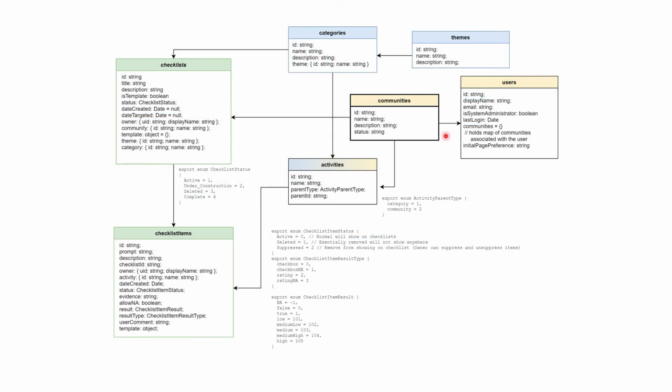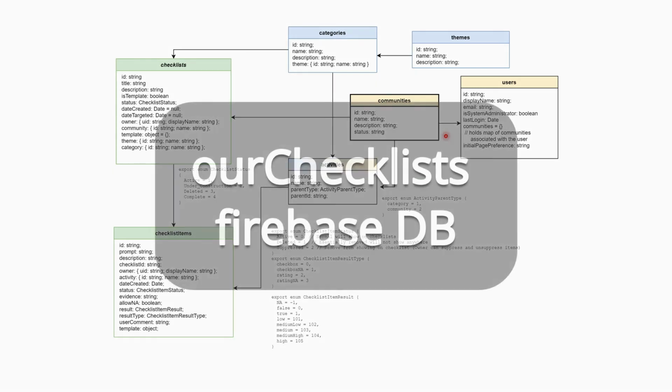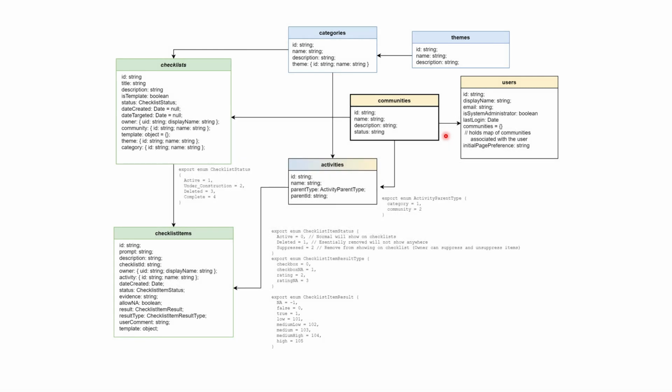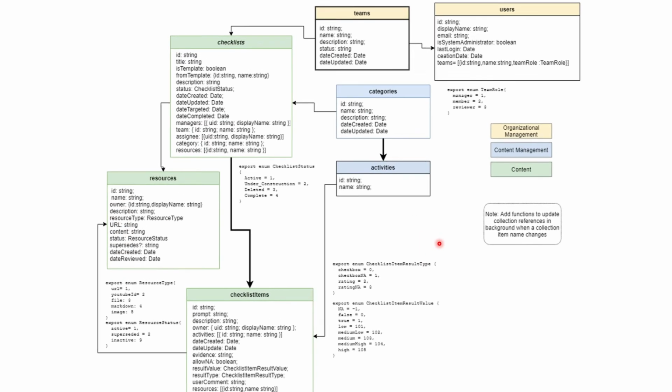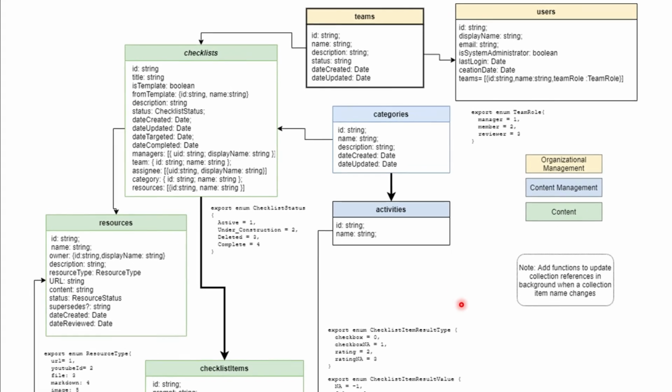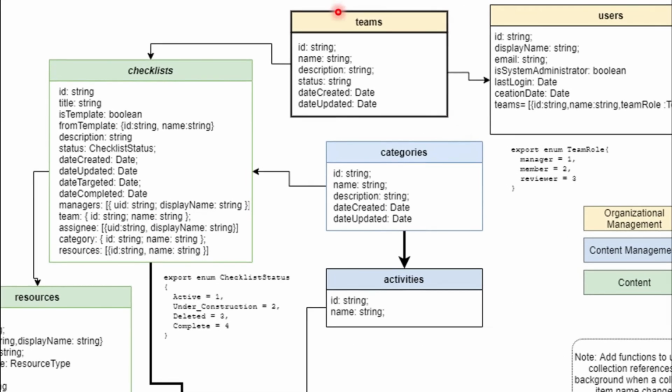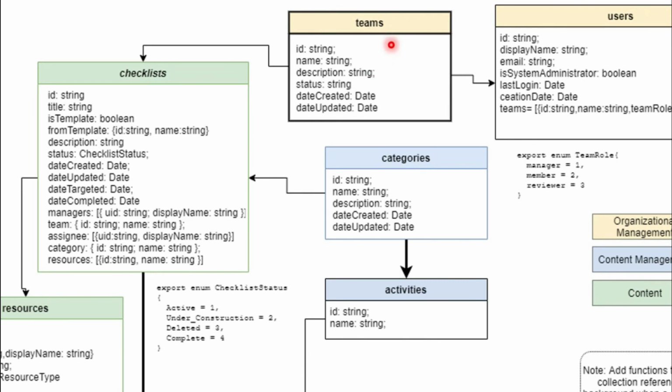Okay, let's have a look at the changes I'm going to make to Firestore. So this is the original Firestore collection of documents. So you see, before I had communities and I had themes, and then under that categories. So let's have a look at the new one. So just going through this, you see up here, instead of community, I'm using the term teams